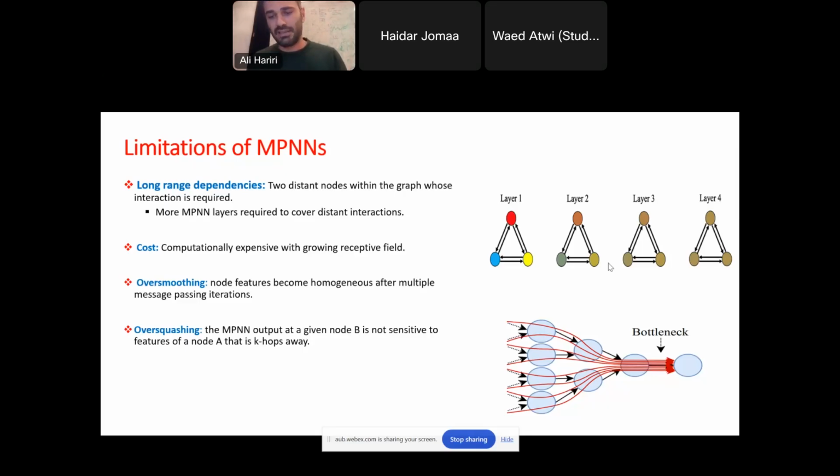The signal has died, and this is usually measured by what we call the Dirichlet energy. So there are some actual mathematically based measures for this, and the Dirichlet energy will be zero. This is what it means to have oversmoothing, plus the computational cost of repetitive applications of this message passing operation. So now that we know what MPNNs are and what their limitations are, let's talk about some applications of